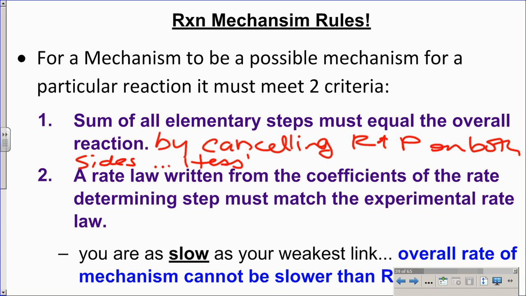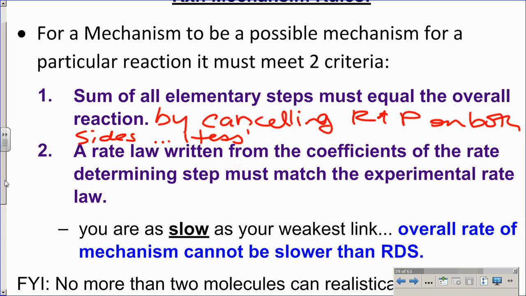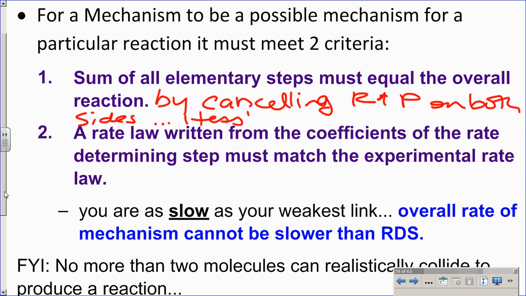As you cancel and you bring all the reactants down and all the products down that remain, you compare your overall balanced chemical equation to what you have produced in that cancellation. If they're the same, we're good on 1 out of 2 criteria that must be met for a possible reaction mechanism to be true. So we're concerned about possible reaction mechanisms being true for a rate law overall, because